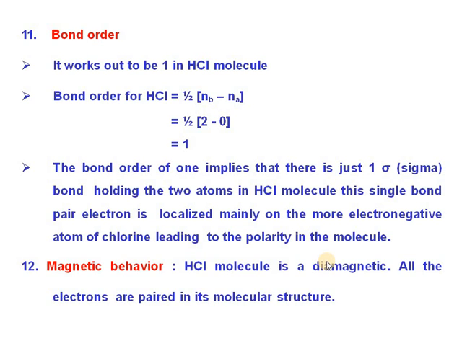Therefore, molecules like carbon monoxide, nitric oxide and hydrogen chloride are heteronuclear diatomic molecules, where there is a difference in electronegativity between the two combining atoms. But in HCl molecules, the difference in electronegativity is highest, and therefore it is most polar in nature. Among the molecules of nitric oxide and carbon monoxide, which is more polar? Carbon monoxide, as carbon is less electronegative than nitrogen. Okay, thank you.